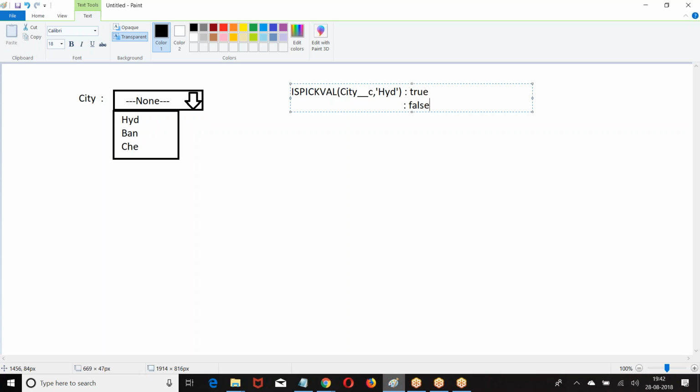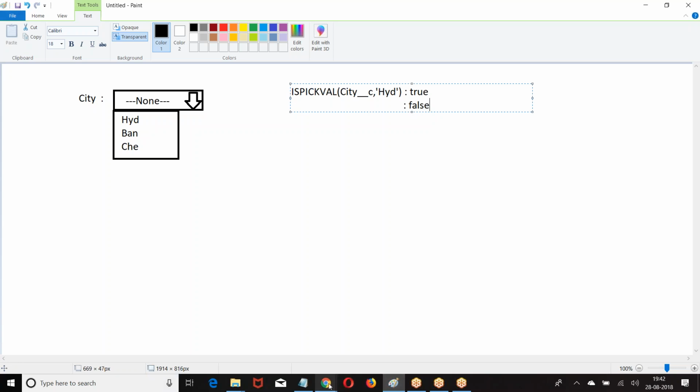Pick list fields. If the option you have selected is Hyderabad, it will give you true. Otherwise, it will give you false. IsPickval is applied only on pick list fields, right?